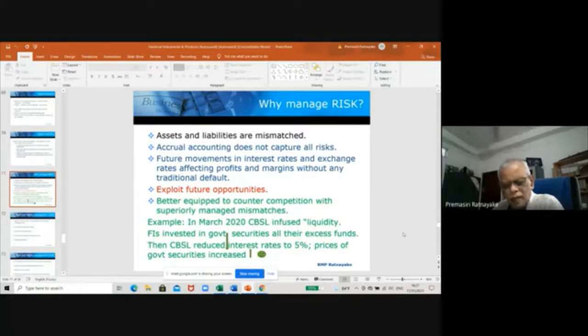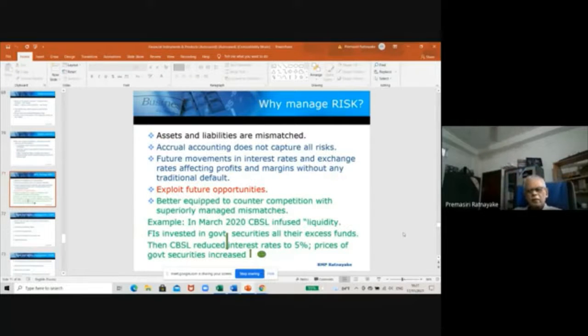Then future movements in interest rates and exchange rates affecting profits and margins without any traditional default. So future movements in the interest rates and exchange rates would impact the profits and margins without any traditional default. That is to say,